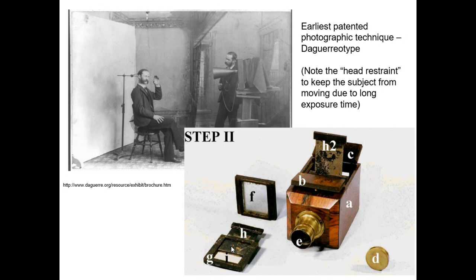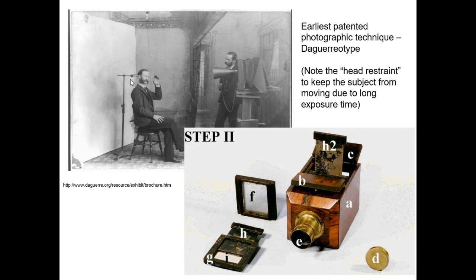As light was exposed onto that image, certain areas of the plate would begin to darken, creating a permanent photograph. Now, you wouldn't be making a negative that you could then print and make copies of. It's a one-shot deal. The daguerreotype also has the drawback of the exposure time being quite long. So you can see in the example in this portrait studio at the top, the model has his head in a little bit of a clamp